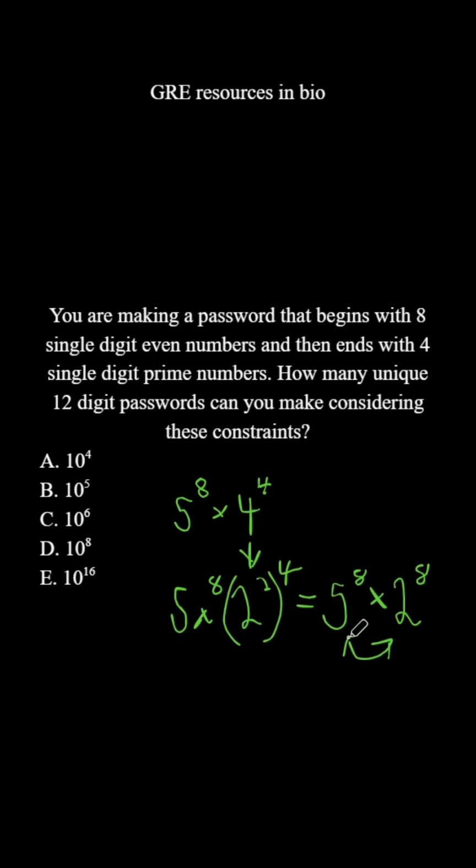We're left with 8 5s and 8 2s. Well, for every 5 there's a 2, so we could rewrite it as 5 times 2 times 5 times 2, 8 times. Well, every 5 times 2 is a 10. So what does that mean? That means there are 8 10s, making the answer